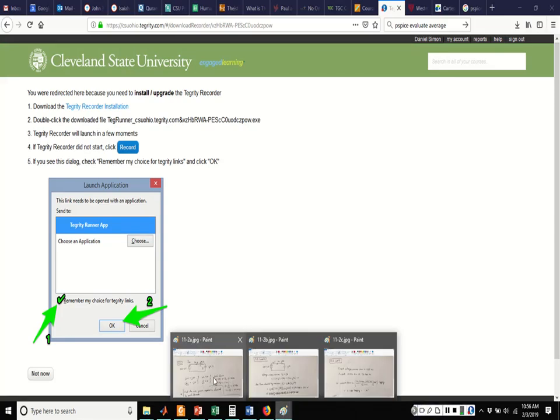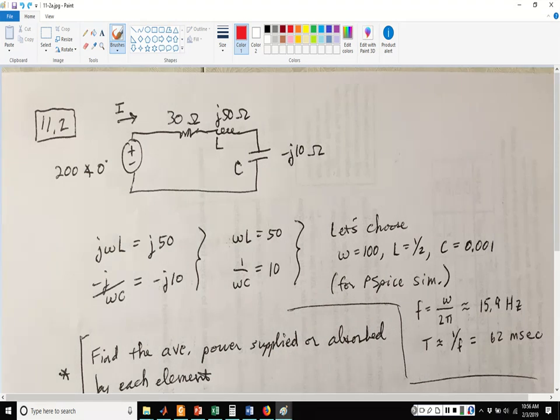Okay, so here is problem 11.2. We have a voltage source of 200 volts at an angle of 0 degrees, and the problem statement shows a resistor of 30 ohms, an inductor with an impedance of j50, and a capacitor with an impedance of minus j10. Now, the first thing I want to do is try to determine